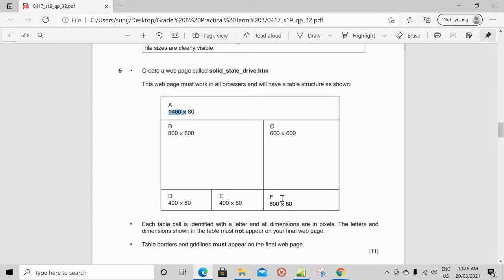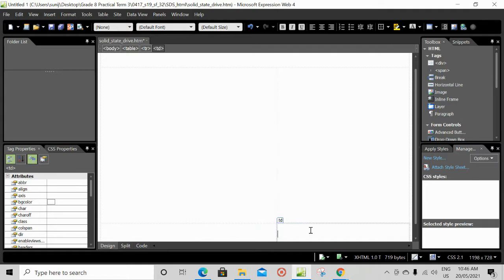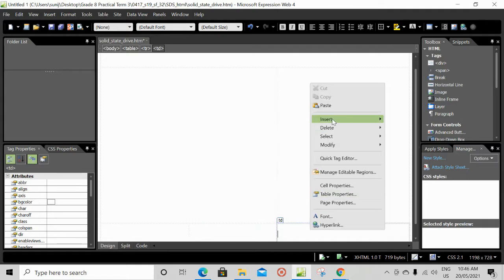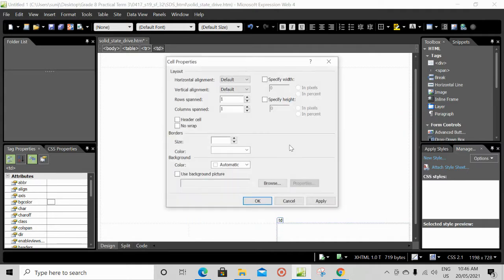Now the last one, F, that is 600 by 80. Click on this, right click, cell properties, 600, and this one is 80. Apply. Okay.